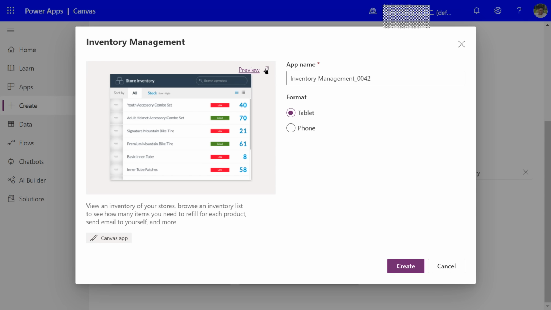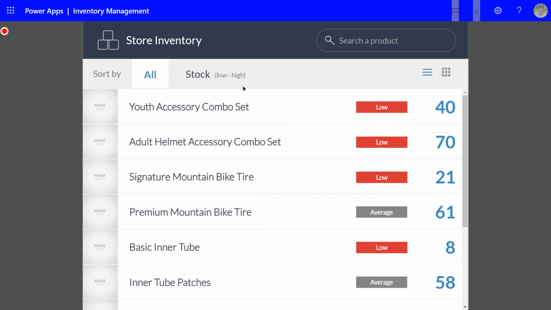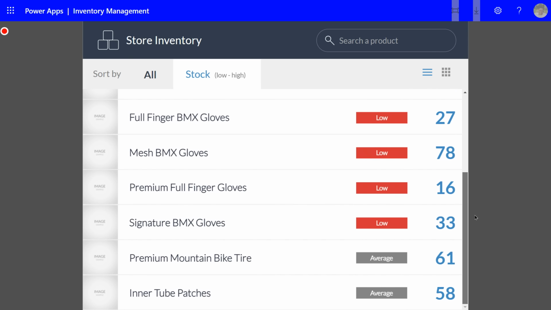This is an active preview. If you want to see how it works before you go into it, you can go click right here. So I'm going to click that preview, and it actually opens it up as if you're playing the app as opposed to previewing it. It will take a moment to load, but I'll point this out. You have 3 tabs going across the top. It's on the All tab. And then there's a Stock Low to High tab. I'm going to select that tab. So all of my low stock items are at the top,